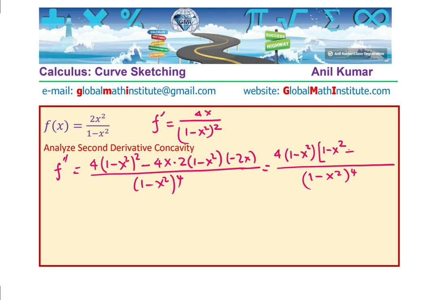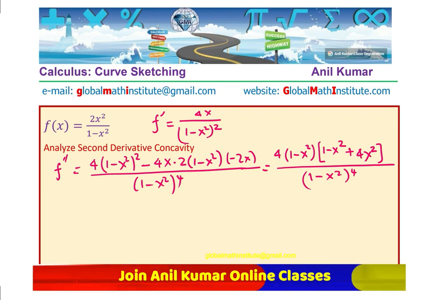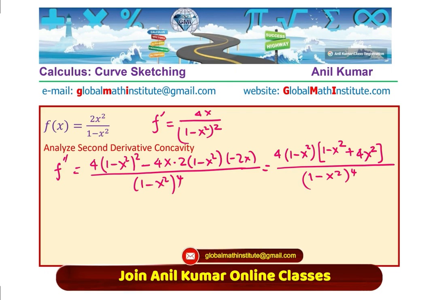So we have plus 4 is already taken care of. 2 and 2 is 4. So 4x squared, right? Yeah, because this x and that x get multiplied. So we have 1 minus x squared plus 4x squared. So the second derivative can now be written as